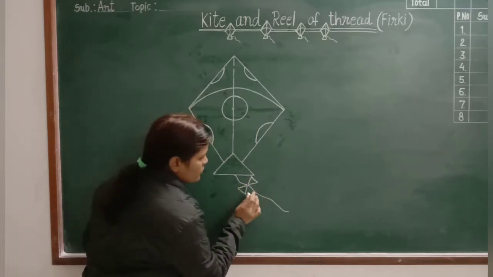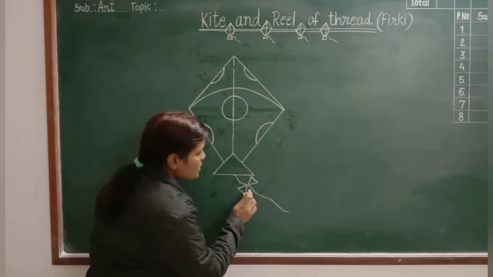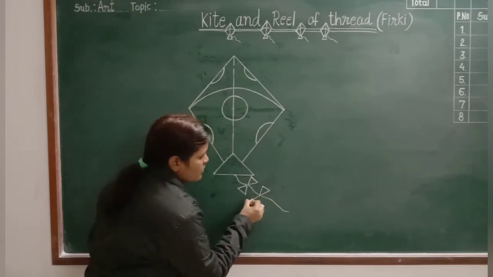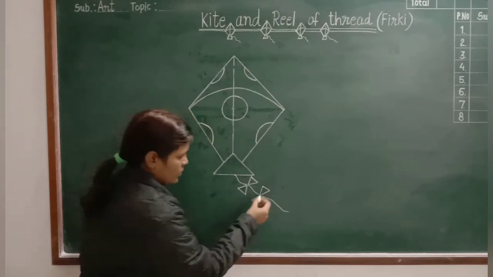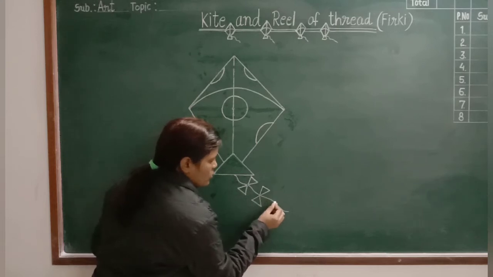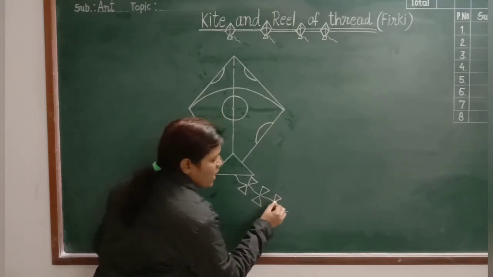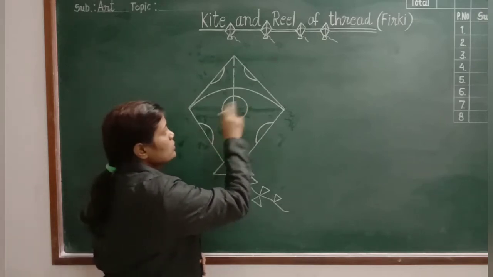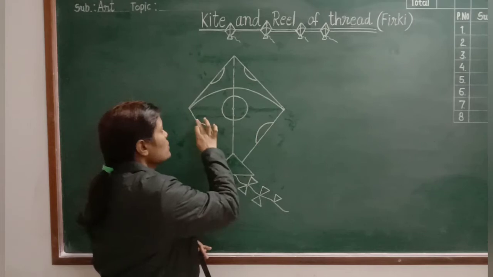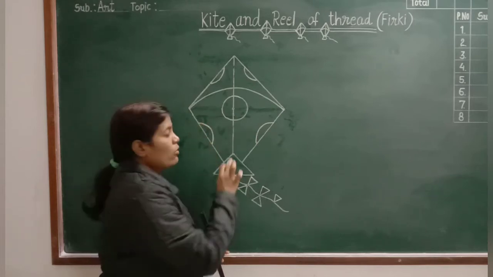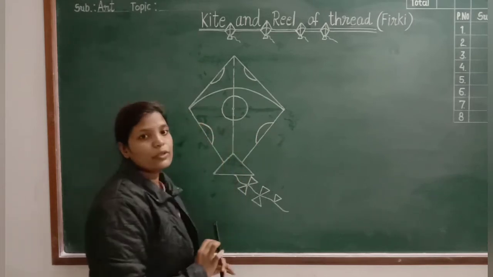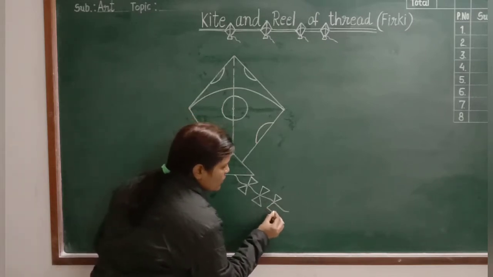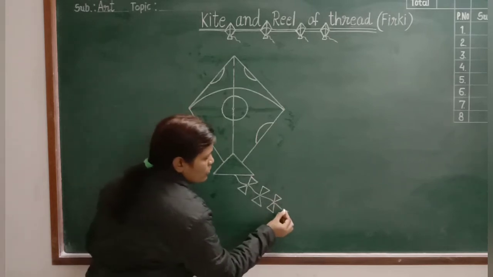Here also keep some distance, okay, triangle shape. You can draw by using your own design. Here I have made a circle design. You can use rectangle or triangle or any design you can use, okay, by using your own ideas, okay. So like this,